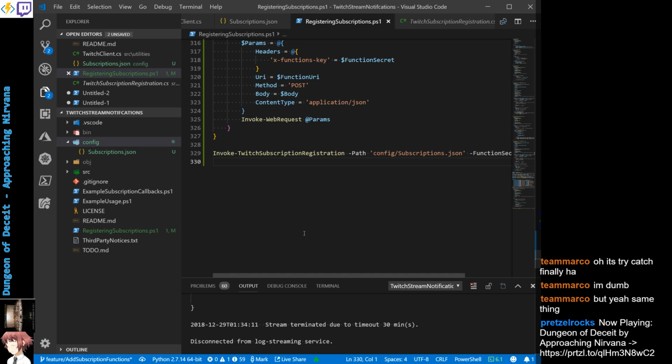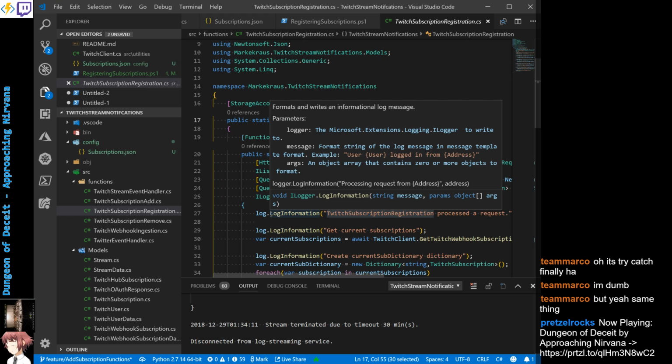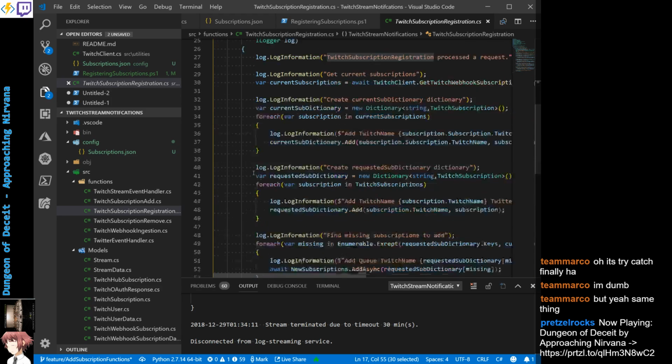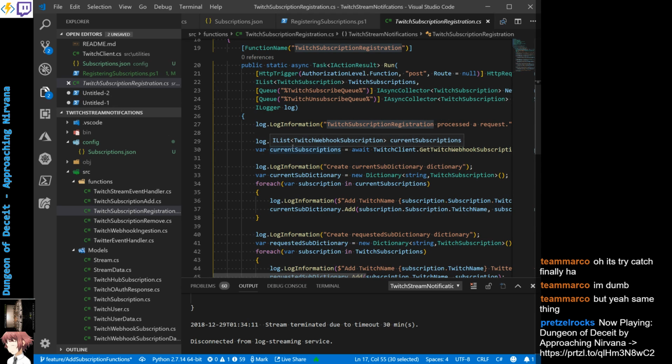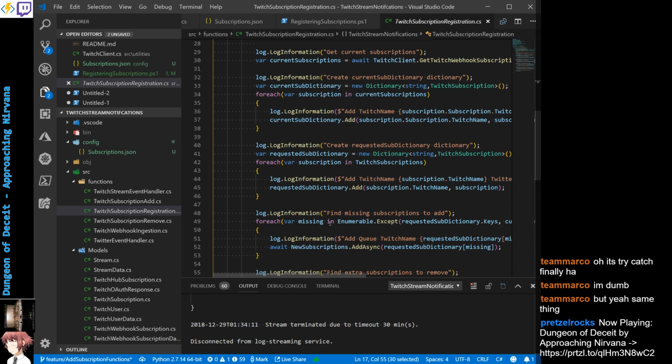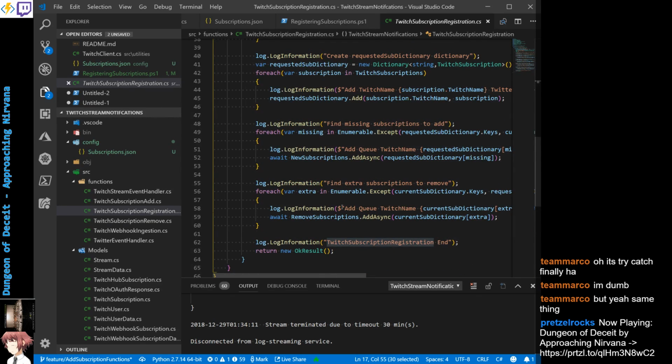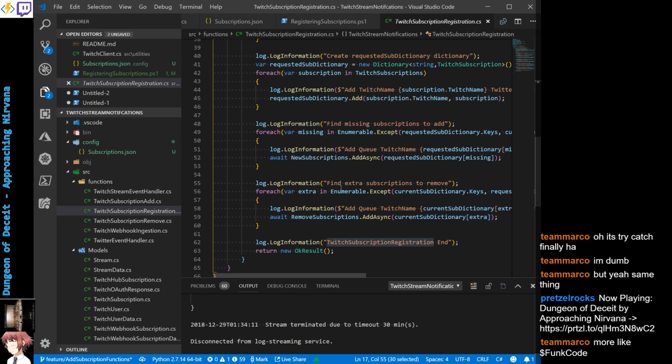So I'm thinking that this is a good opportunity to add way more code than needed to be added in the first place. So in here, I get the current subscriptions. I have the subscriptions that are passed in. I have the ones that are going to be removed, and I have the ones that are going to be added. So I think what I want is a